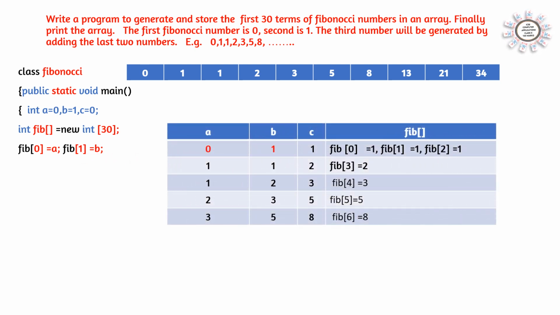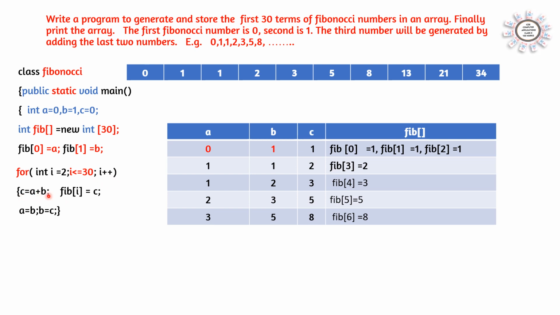So here we can see the table and start the program. Here we are starting the array loop from 2 because 0 position is filled and position number 1 is also filled. f 0 is filled with 1 and f 1 is 1. And now we have to start with the position 2, f 2. So int i is equal to 2 for the next index number, and i less than or equal to 30 because we need 30 terms, and i plus plus. So we have declared the loop, and now start finding the number and storing it.